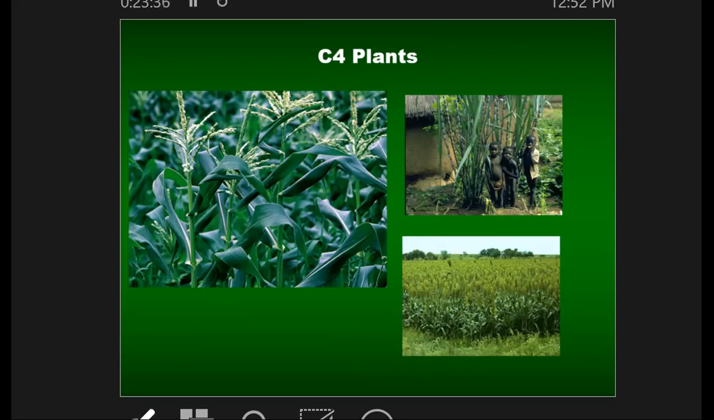I'll update the slides on the C4 idea and repost these. But today's Wednesday, so Friday we'll get into the last pathway, the CAM pathway, and luckily it's very similar to the C4 pathway, so that'll be pretty straightforward. Yeah, so I'll talk more about the